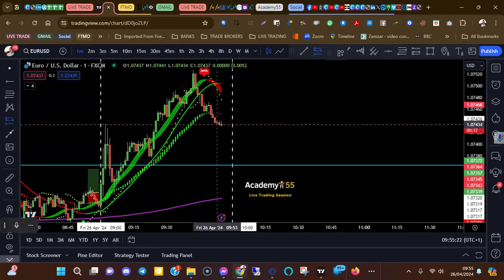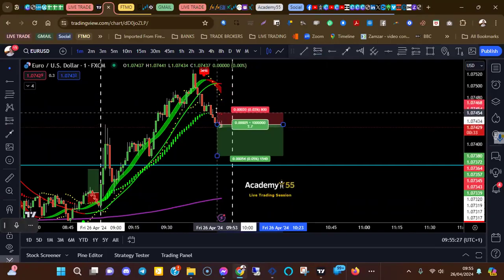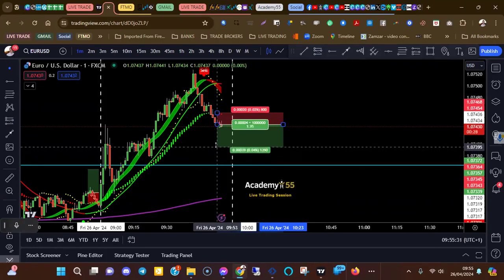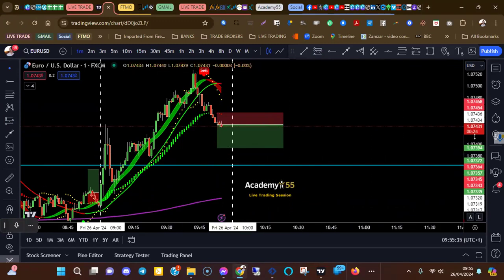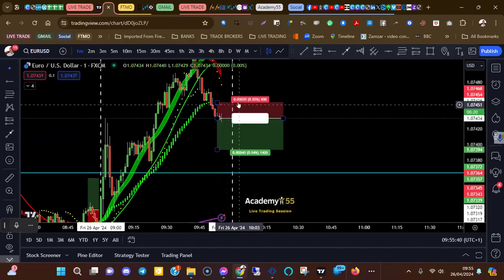Go in there. Stop loss down there. 2-1 there. It's a 2-pip stop loss. How do I know that? Because